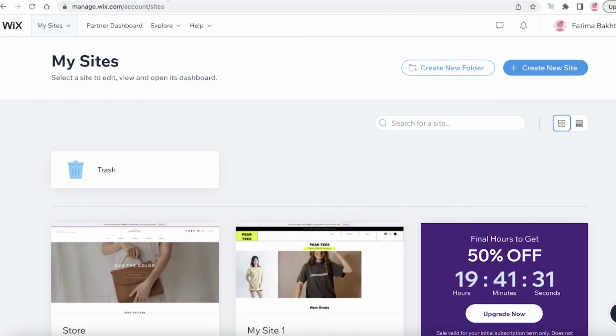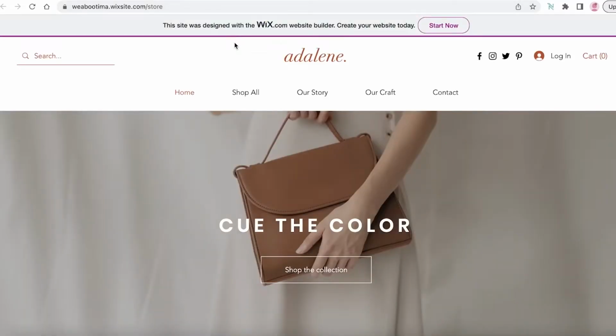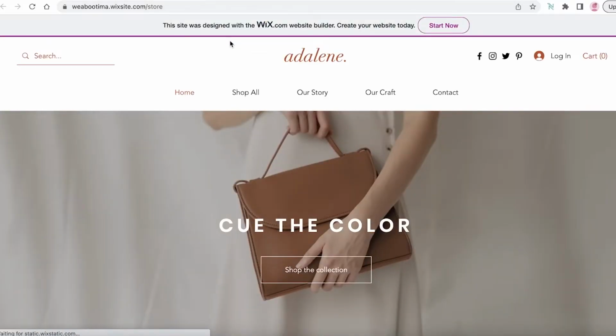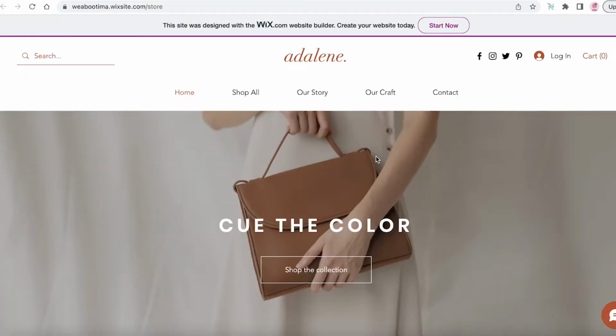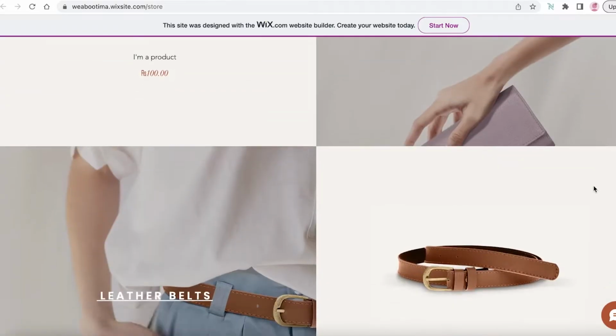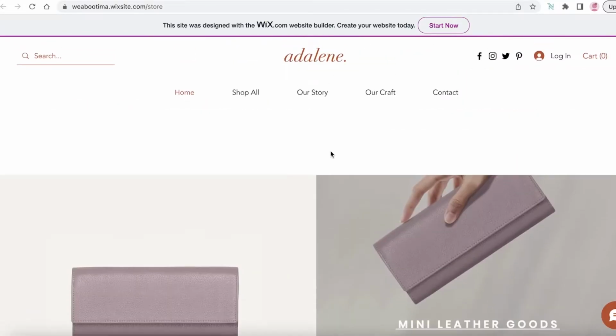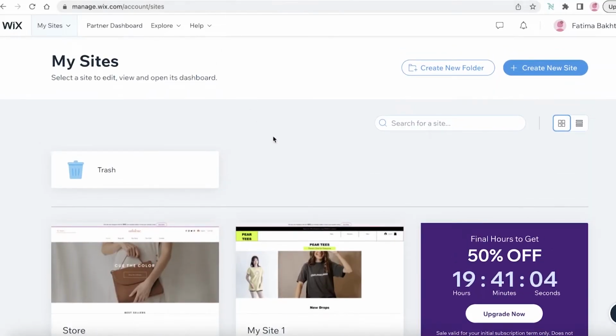However, if you're going to start for free, you can create your website using Wix. Wix is also an amazing website builder. However, it is not very optimized for e-commerce, so you might want to use CJ Dropshipping to manage all of your product inventories, all of that good stuff. But you can use the website builder on Wix to create your store. I have created this store with a simple template, and you can see they create a very gorgeous looking e-commerce store that you can create for free. So I would recommend that you check that out for your e-commerce store.